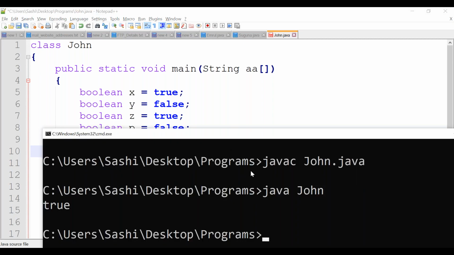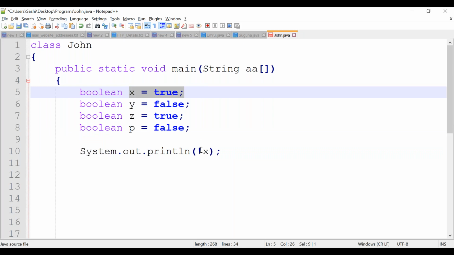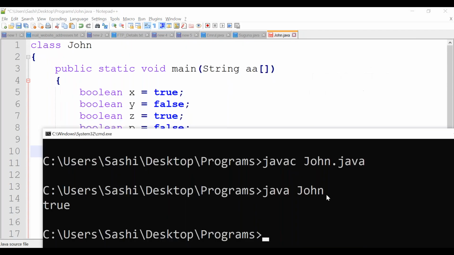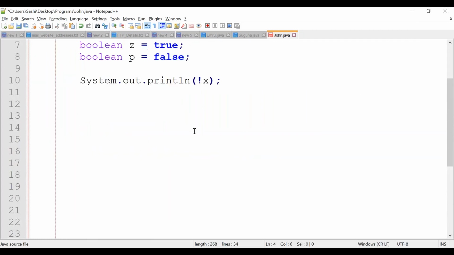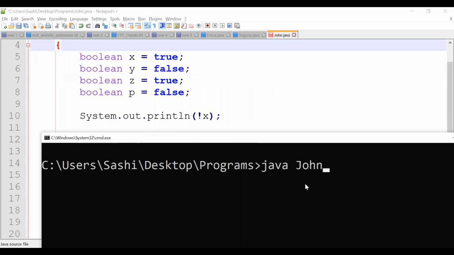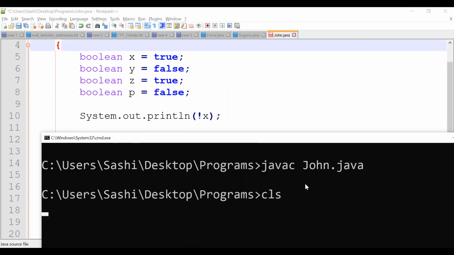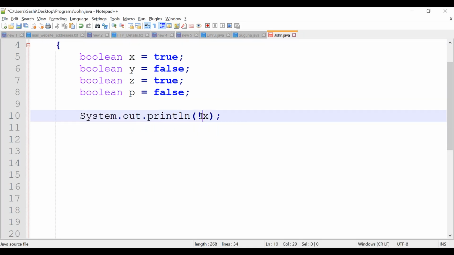If false, it will return true. Now X is true, correct? And what I am trying to do is make it the exclamation NOT operator. Let's rerun this program. See here, we are getting false. Why are we getting false? Because we used the NOT operator. The NOT operator means if it is true, then it will return false. If it is false, it will return true.